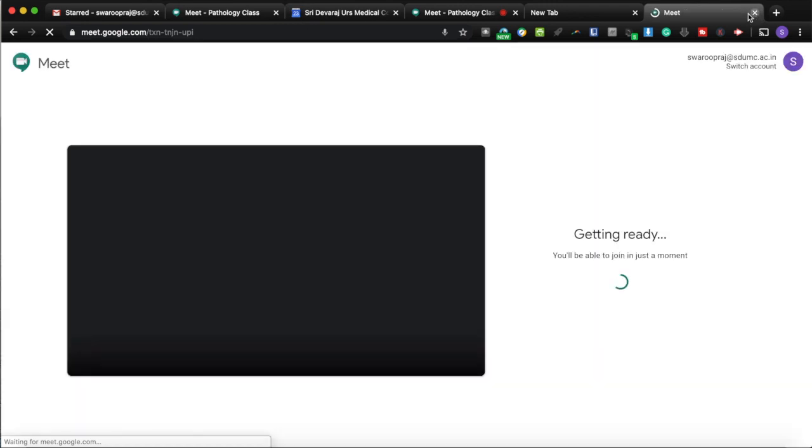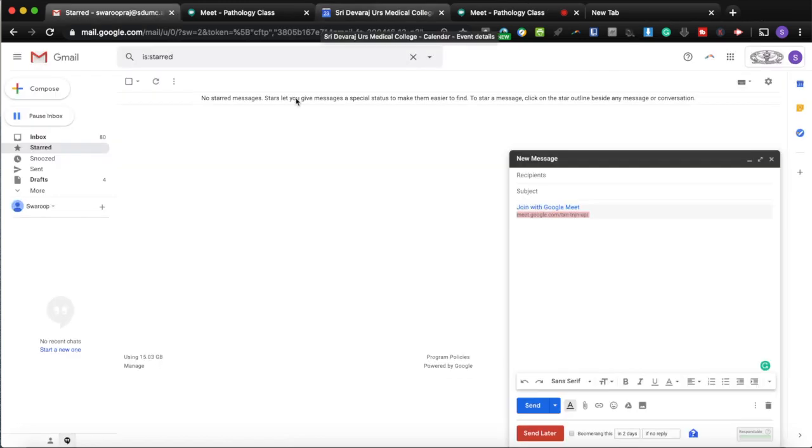So if you are sharing it on WhatsApp, the moment you share, the student clicks on this meeting ID, it will automatically open the Google Meet app on the Android device. So as I've already told you, Google Meet on desktop and PC opens inside the browser, but needs the app on mobile devices. So on mobile devices, the moment you click this link, it will automatically download the Google Meet app, and if you have it downloaded, it will automatically open it inside the Google Meet app.